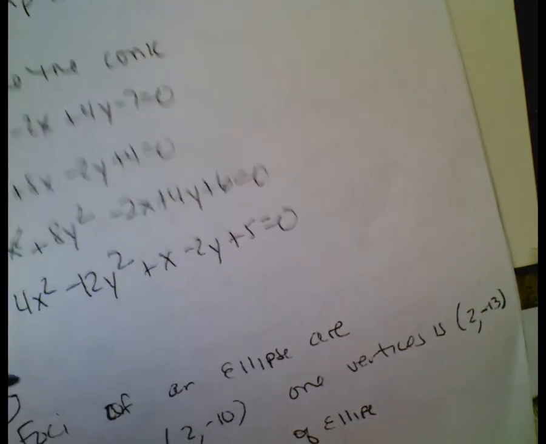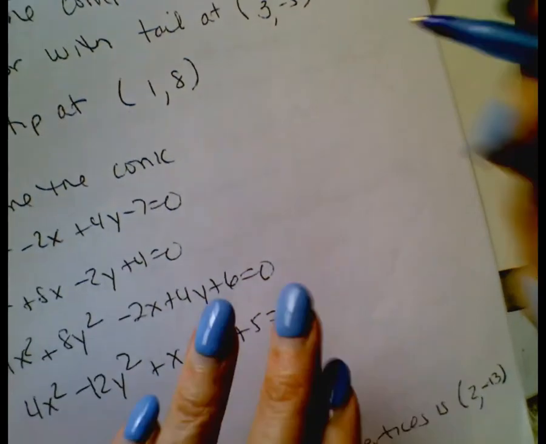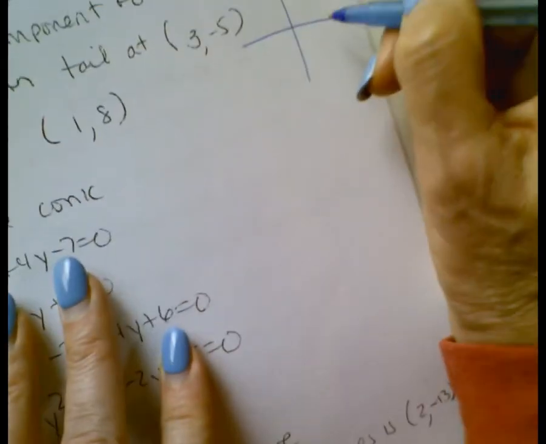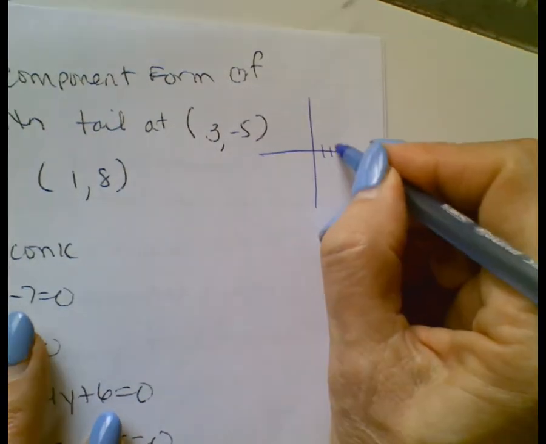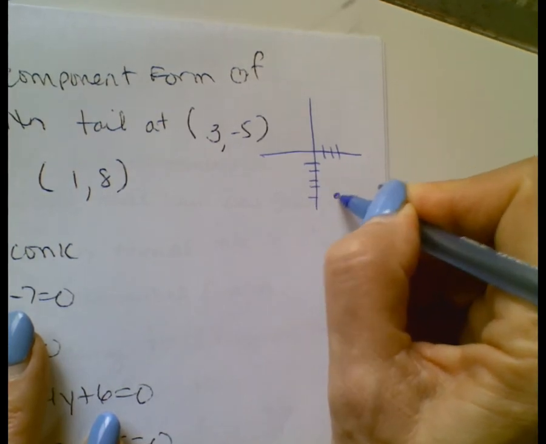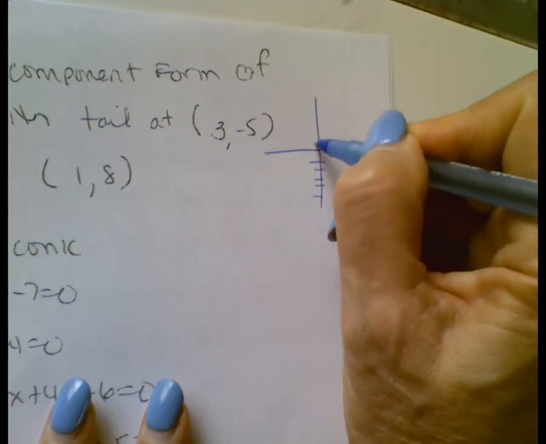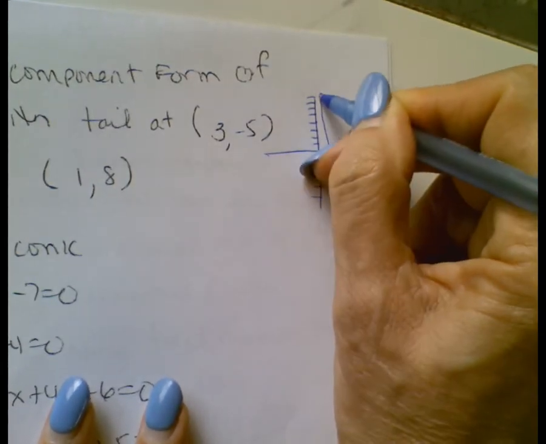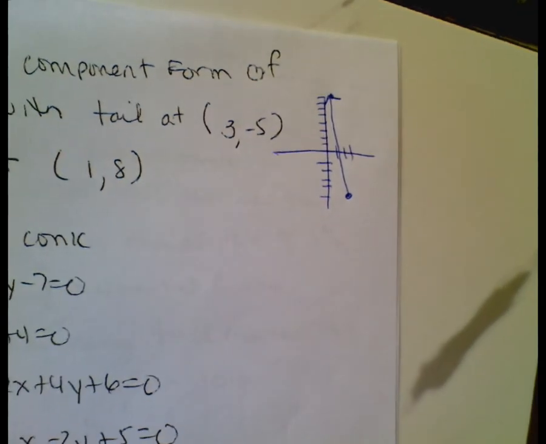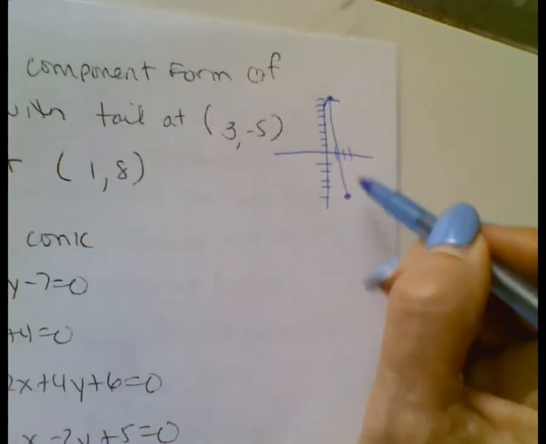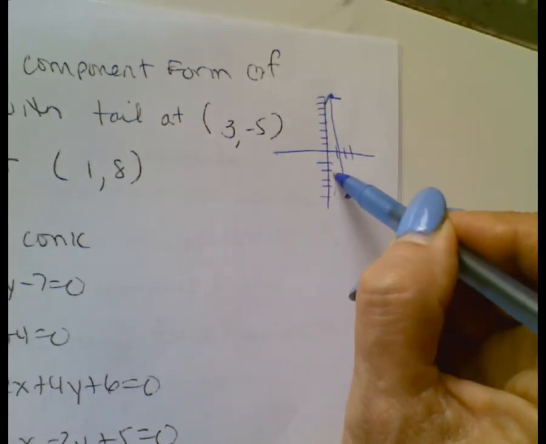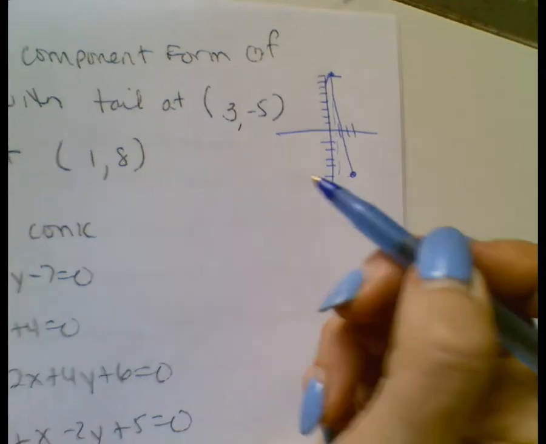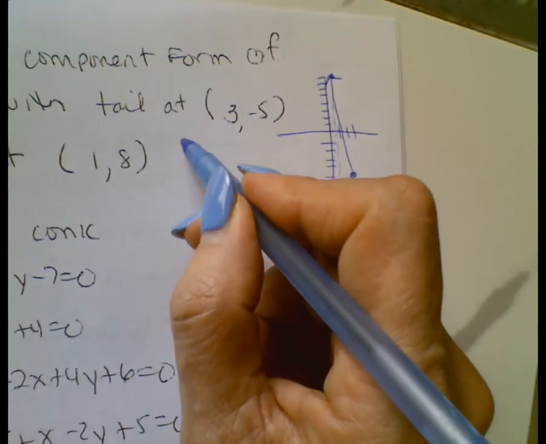So 17, write the component form of a vector with a tail at 3, -5. That's the tail. And a tip at 1, 8. That's what it looks like. You graph it. And you want the component form. So what did you have to do to go from here to here? Horizontally, you had to do this, and vertically, you have to do this if you're going to make a right triangle. But mathematically, what you do is you go tip